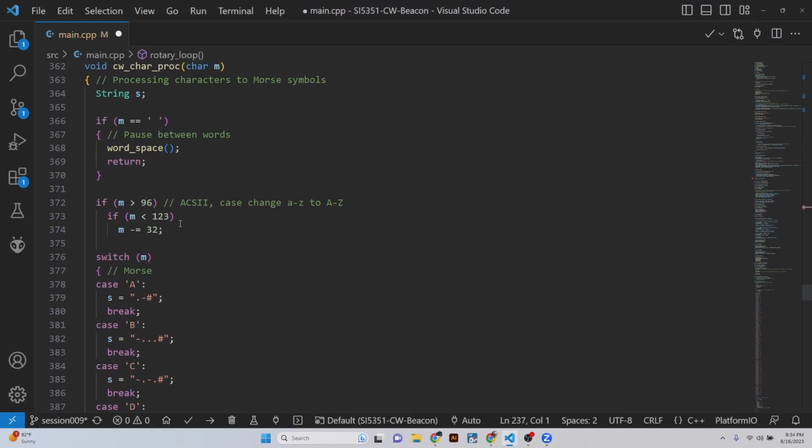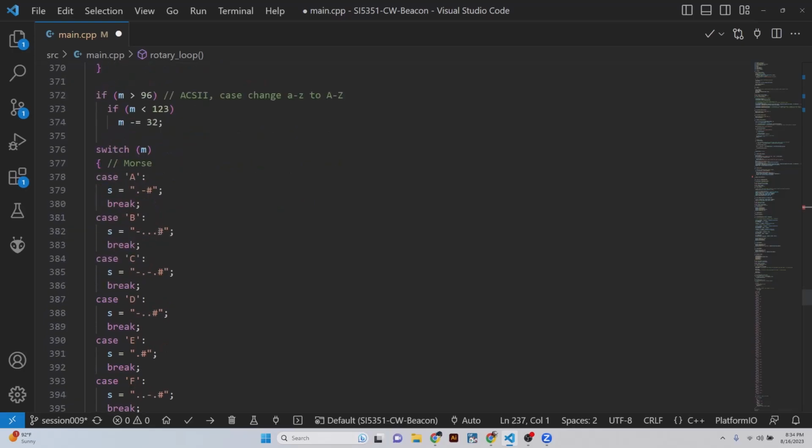Because we want to keep everything in uppercase, that makes it simpler to switch. It looks at the ASCII character, and if it's greater than 96 and less than 123, then it subtracts 32 to put it back in the uppercase mode. And then, based on the characters, we're going to send dit